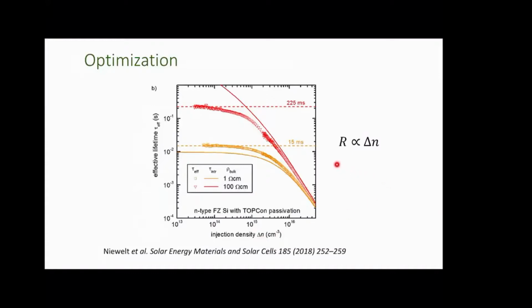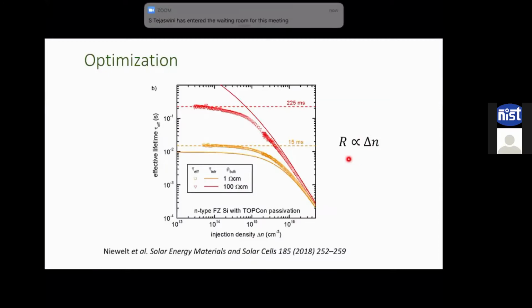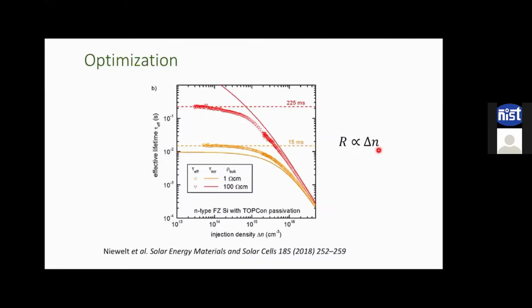As I already mentioned, the recombination rate of the photogenerated carriers, or the minority carriers, is proportional to their excess carrier concentration. So with an increase in the excess carrier concentration, we can see a dip, or a drop, in the lifetime value. This is very important to remember because it might not be that intuitive. If we have high excess carrier density due to the photogeneration, then the recombination rate of the excess carriers should also be high. So the effective lifetime drops with the injection density.